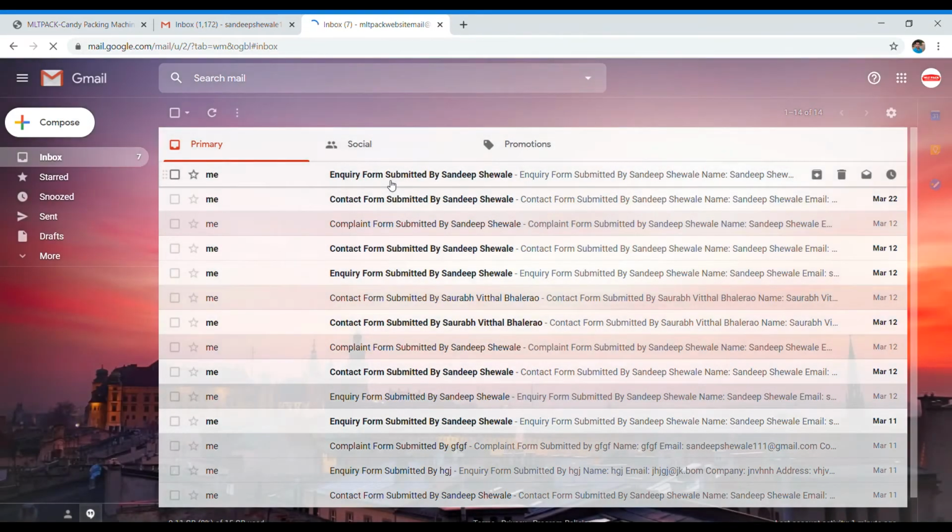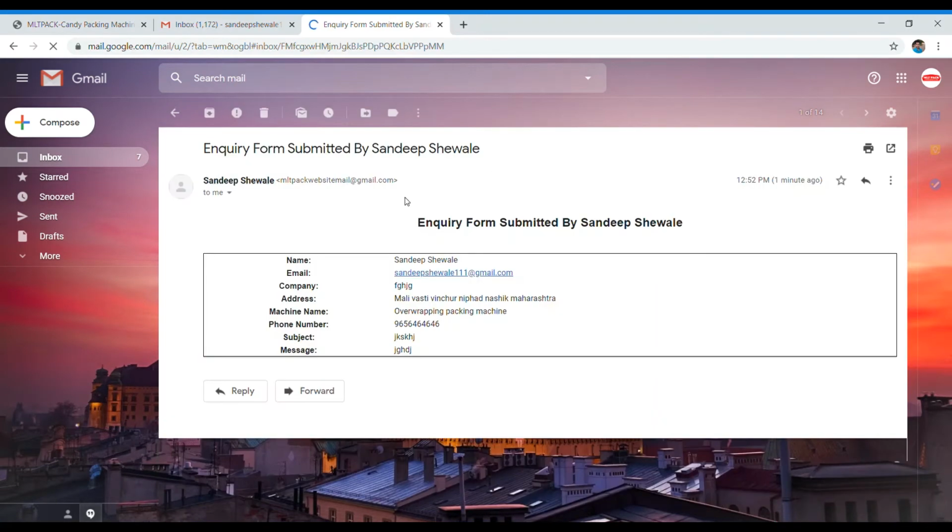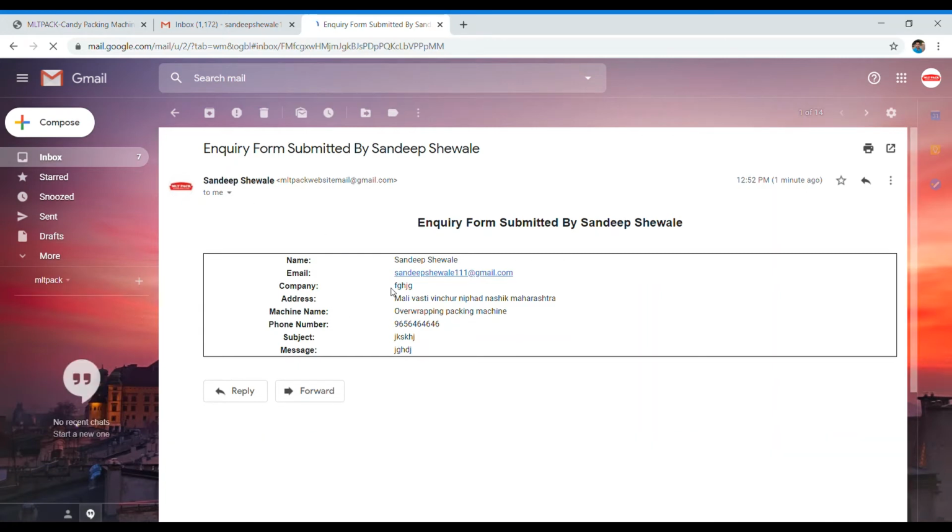Now let's check whether the inquiry form is submitted or not. Here is the name of the client which we filled in the form, and the inquiries look like a table. From here, the admin can view all the details submitted by the user and is able to reply to the user who filled this form.